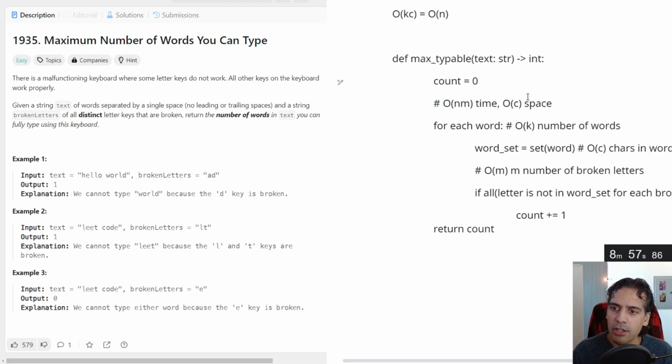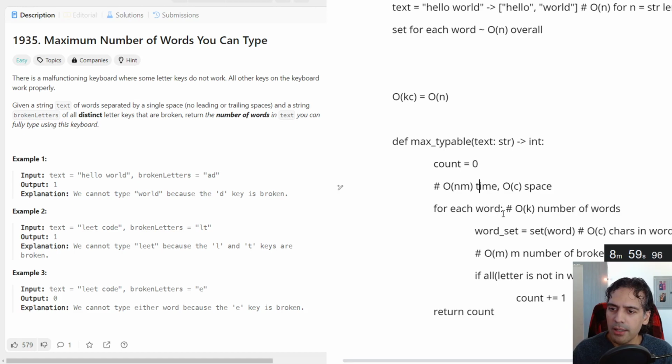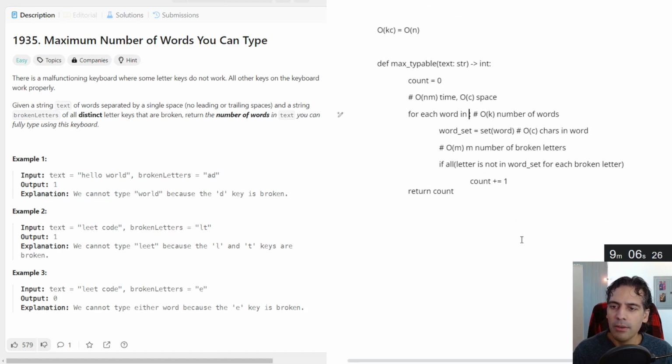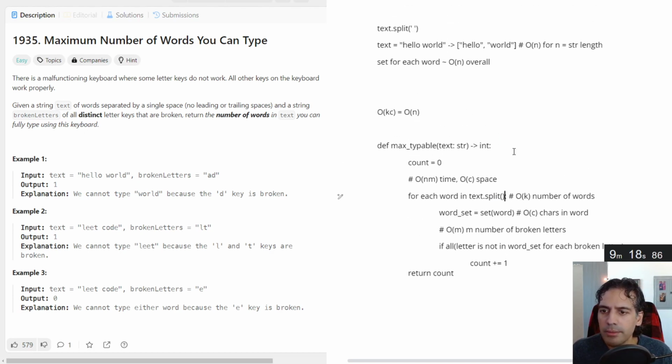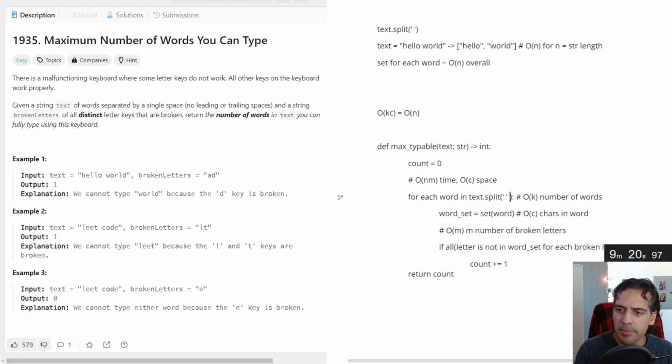For each word, let's turn this into actual code at this point. And let's bring this down in size so you guys can see it. For each word in text.split, and that's an O of N operation right there. And we're going to split it on space.